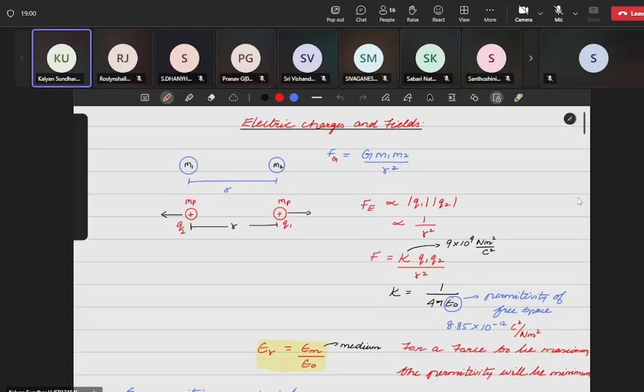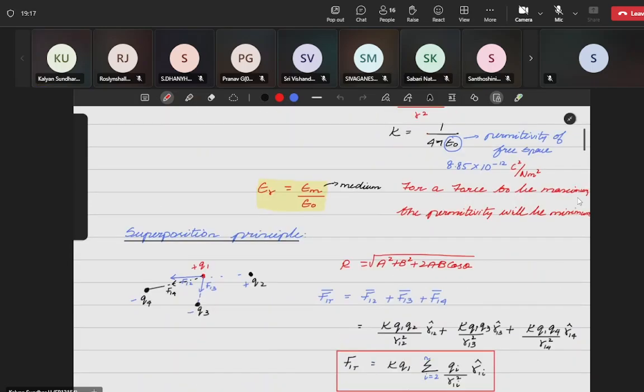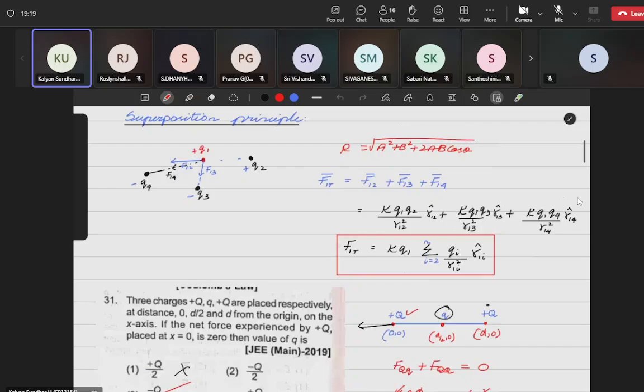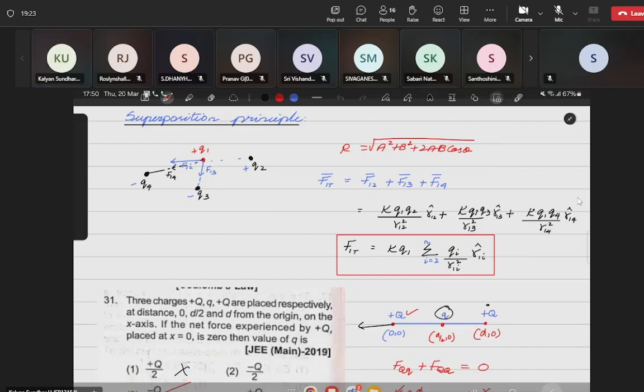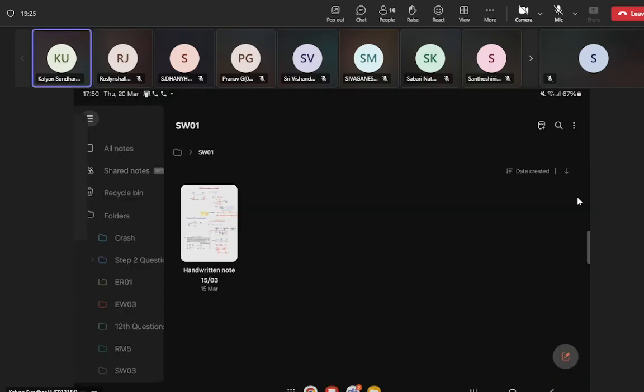Right. So electrostatic force is K Q1 Q2 divided by R square, where Q1 and Q2 are the charges kept at a distance of R, and K is a proportionality constant for the electrostatic force, and K is equal to 9 into 10 to the power 9. And if you are having more than two charges, then